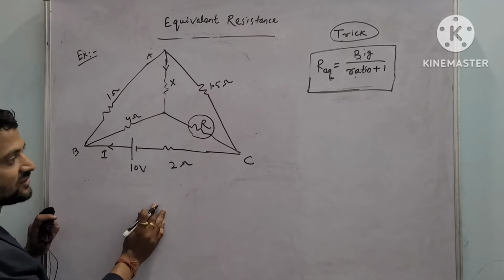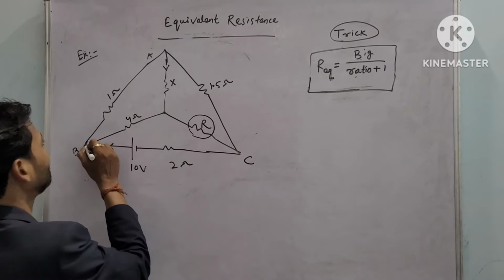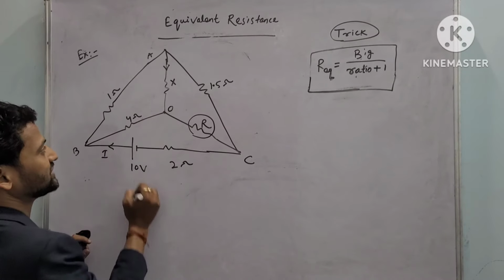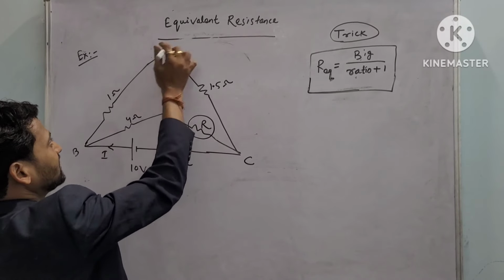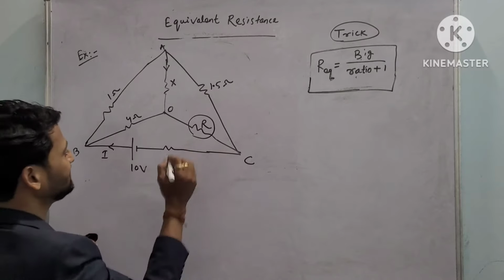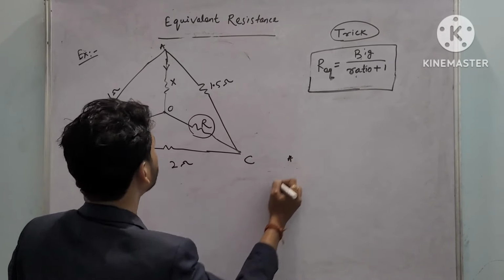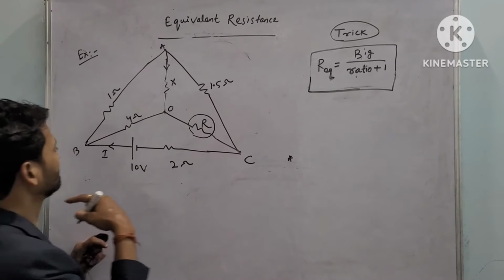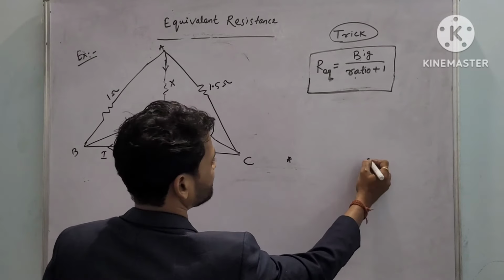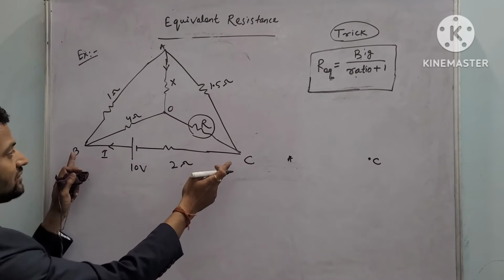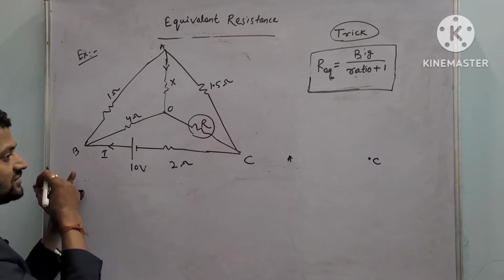See, I can rearrange the circuit in this way. Let this point be O and this point is already A. I have mentioned A, B, C. So let this point be A, and this point is C. So across AC,